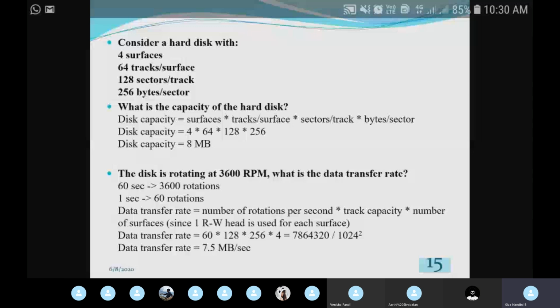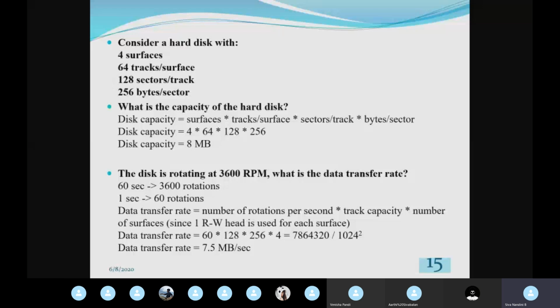So how am I converting that number into megabytes? That number will be in terms of bytes because the last unit is bytes per sector. So the obtained disk capacity will be in terms of bytes. How to convert to kilobytes or megabytes? To convert into kilobytes, we divide that number of bytes by 1024, because 1024 bytes is equal to 1 kilobyte.